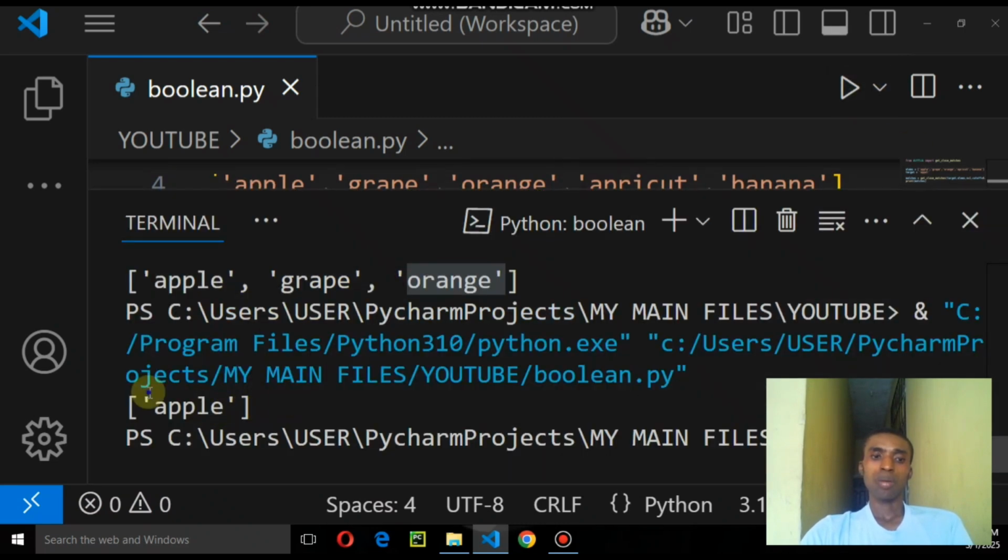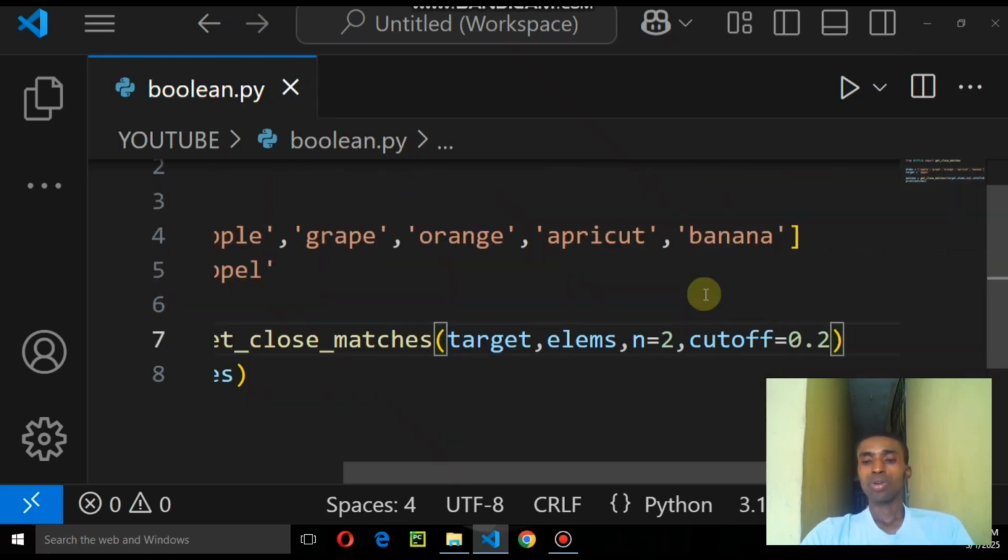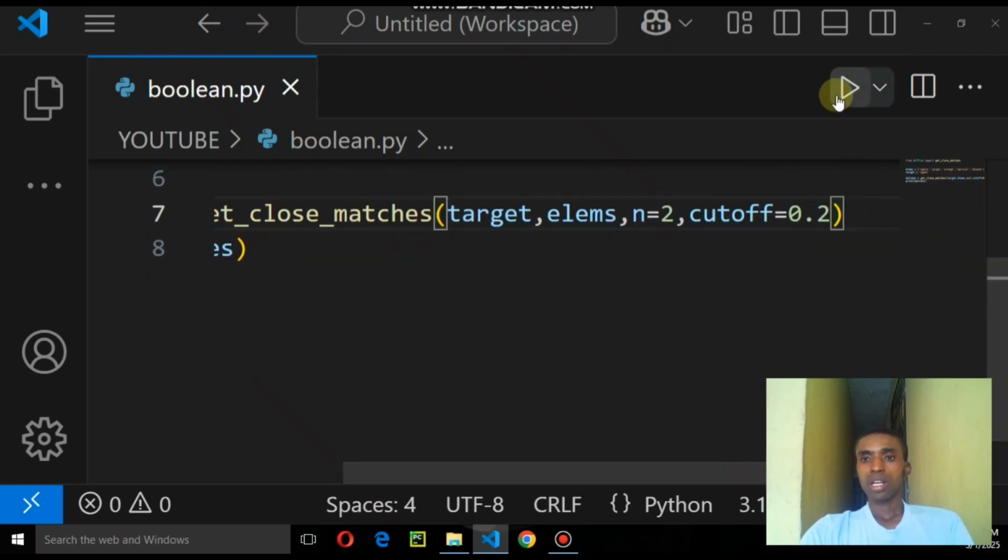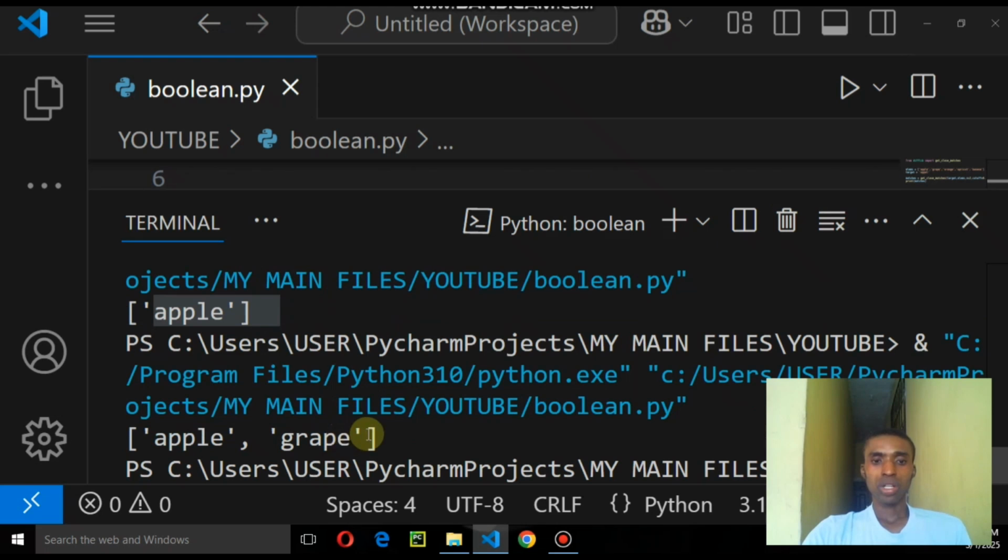You can see I've got apple. If I set it to 2, we should get apple and grape. Let me drag this up. You can see we got apple and grape. If I set it to 3, it's going to be apple, grape and orange, like we have been getting. So you can see how